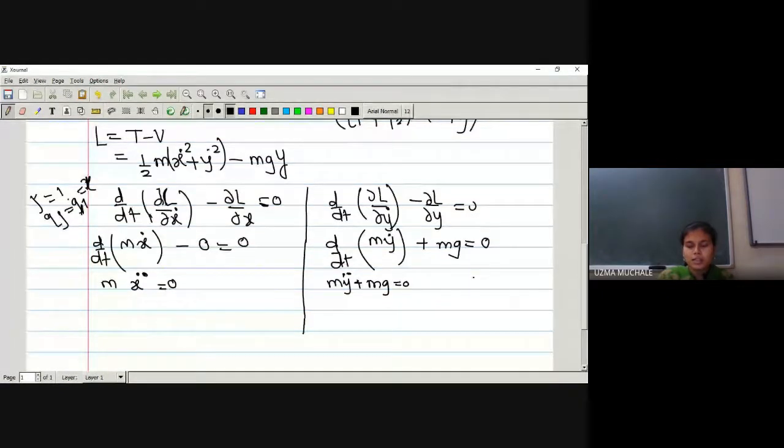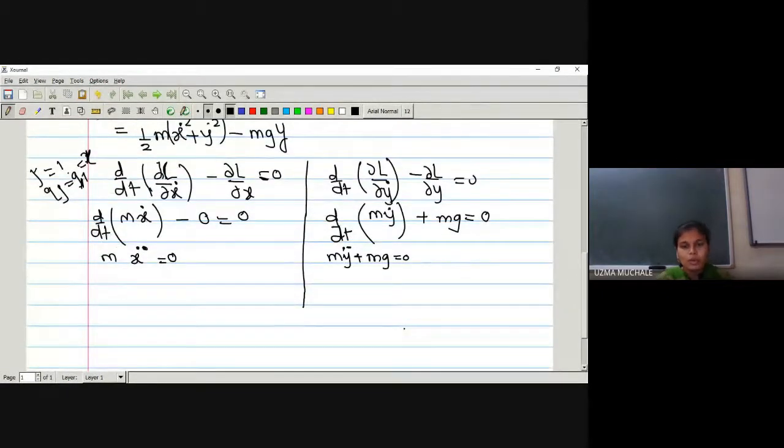In this chapter, we first have to go to the construction. We have to see what the construction is. After the construction, find the values of x and y. After finding the values of x and y, find the kinetic energy T. Then find the potential energy V. Then find the value of L. L is T minus V. Then try to solve the Lagrange's equations of motion.